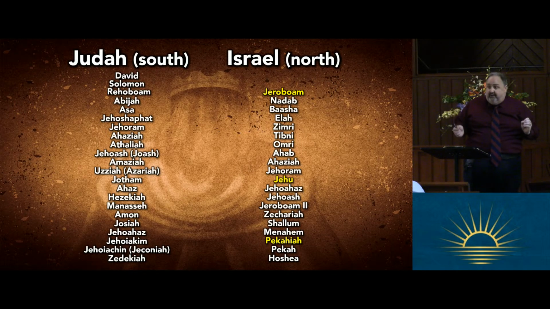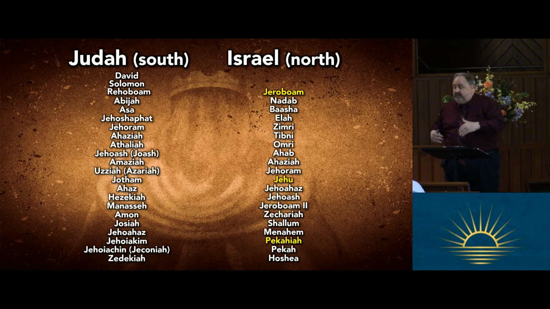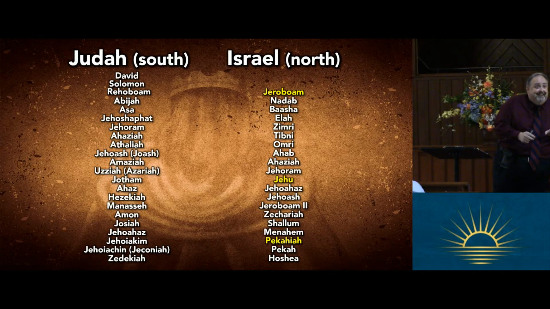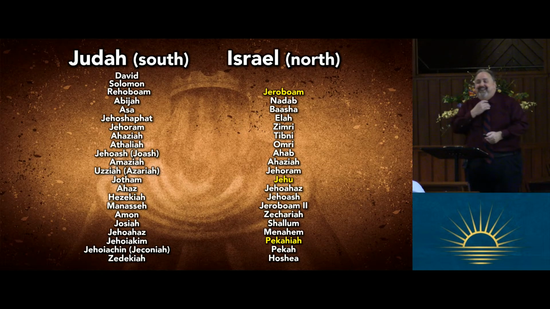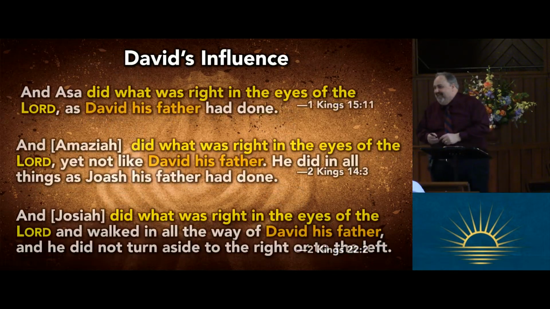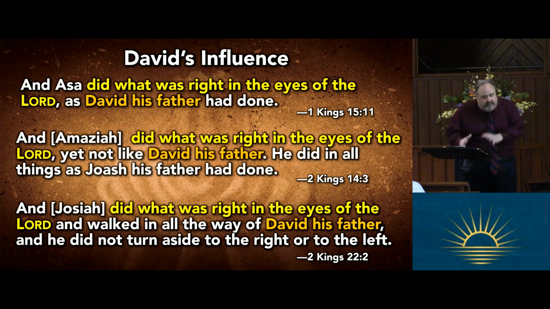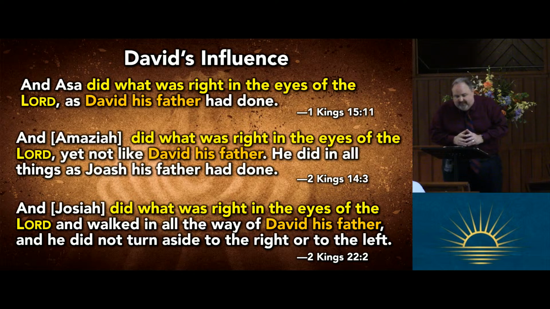You got the answer. How many kings of the southern kingdom of Judah, direct descendants of David, how many of them were good? Oh, you got an answer. How many? 8. Okay. 8. And so it's not as easy as an answer there. But who are the kings of the southern kingdom always compared to? David. Take a look at these smattering of verses here.